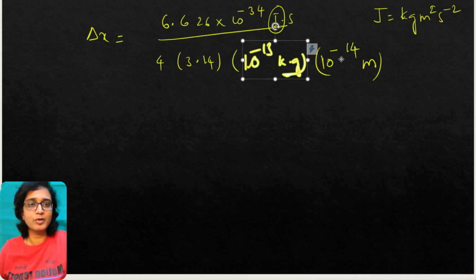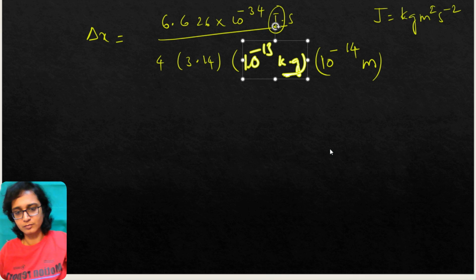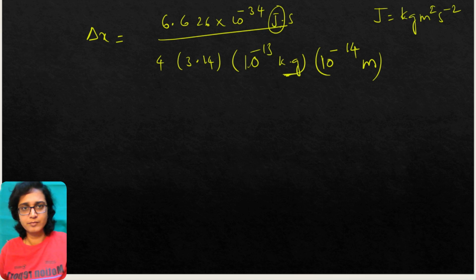Okay, then after calculating all the things, you will get delta x will be 5.2 into 10 power minus 8